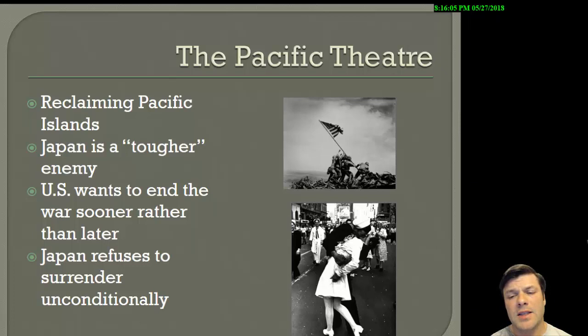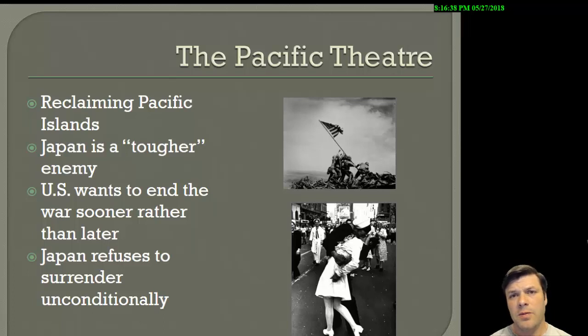The problem that we've got is that Japan refuses to surrender unconditionally. That leaves us with three options. One, we can invade the Japanese mainland, Tokyo, and suffer absolutely horrendous casualties. Not only American casualties, but Japanese civilian casualties as well. Two, we could surround the islands of Japan and blockade them. Nothing gets in, nothing gets out, starve them out. Another not so great alternative.